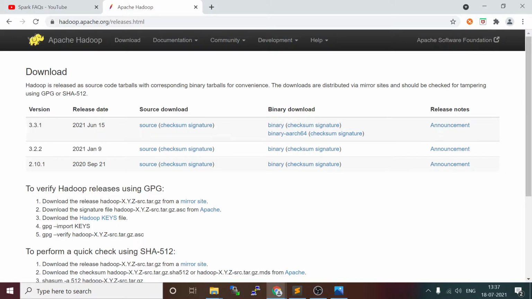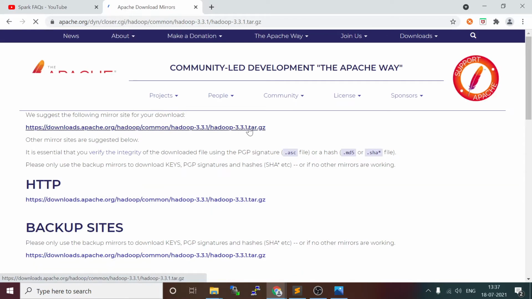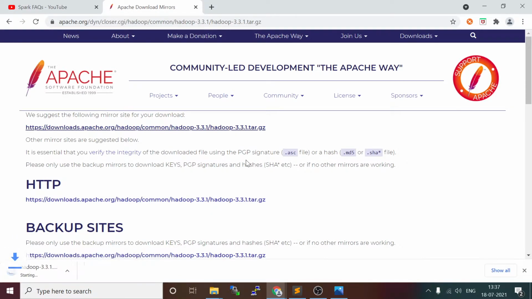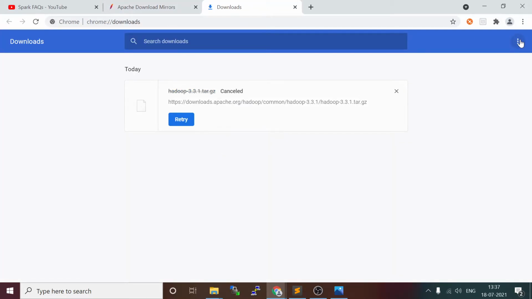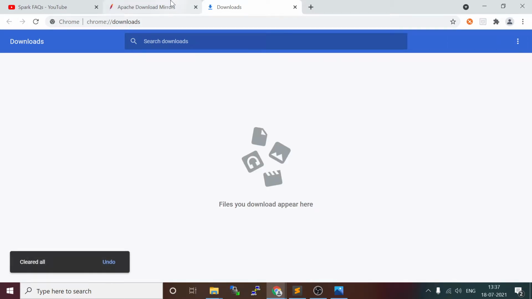We are going to install 3.3.1. You can just click on binary and then click on this URL. So it will start downloading it, right? I'll just cancel now because we are going to download directly from the EC2 instance.